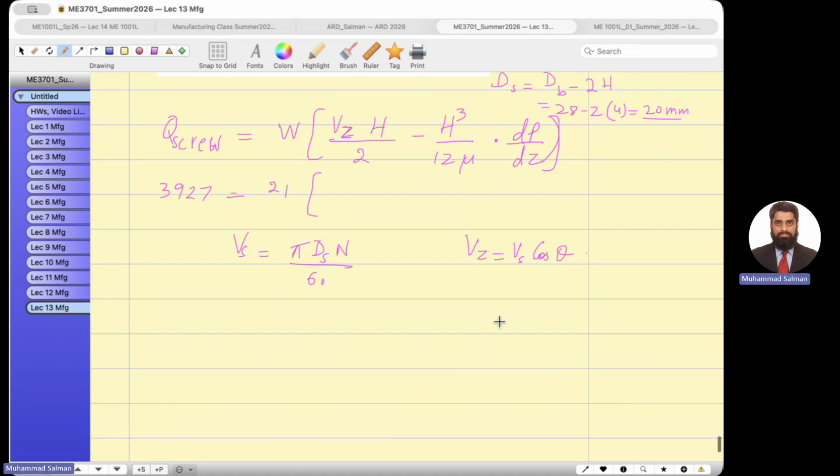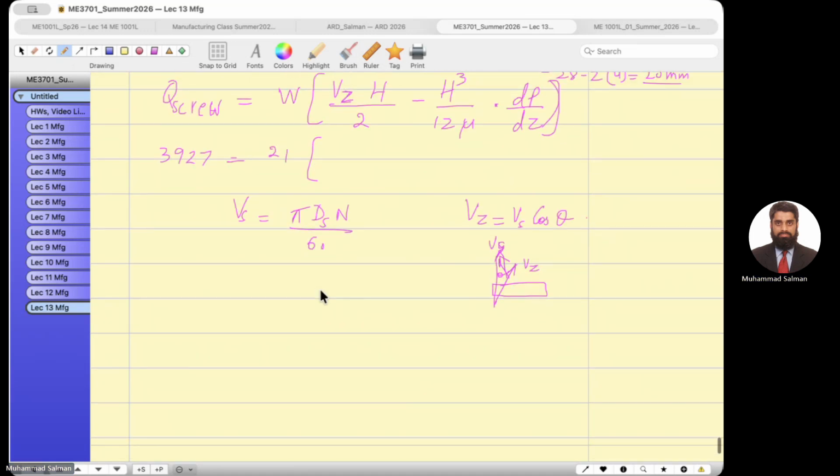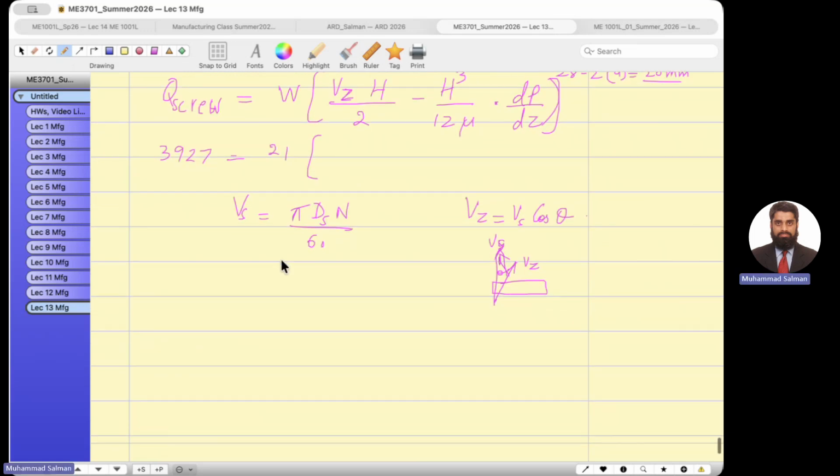Suppose this is our screw and rotating is Vb or V screw, helical, Vz. This is theta. So Vz over Vs equals cosine theta. So I can write down Vz as Vs cosine theta